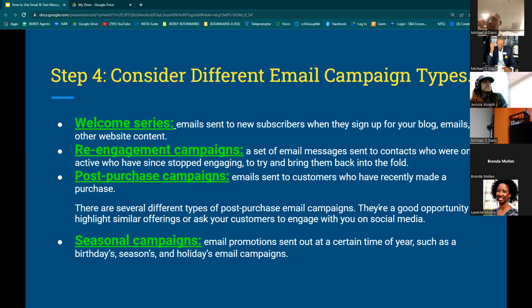Awesome. And then we have the re-engagement campaigns: a set of email messages sent to contacts who were once active but have since stopped engaging, to try and bring them back into the fold. So you will have those that you may see unsubscribe, or like what Mr. Davis said,